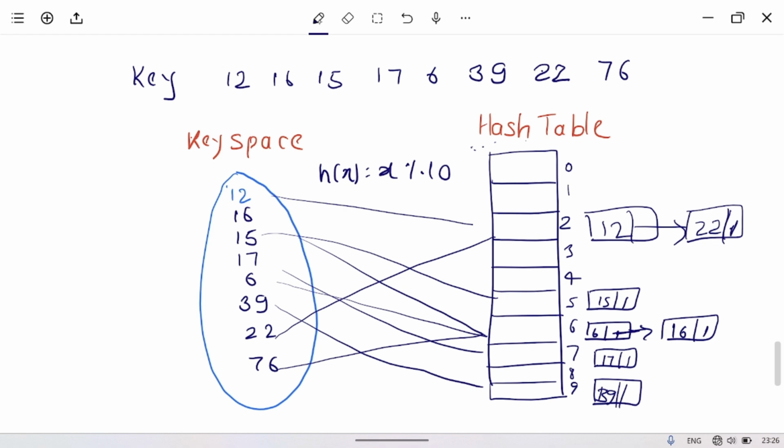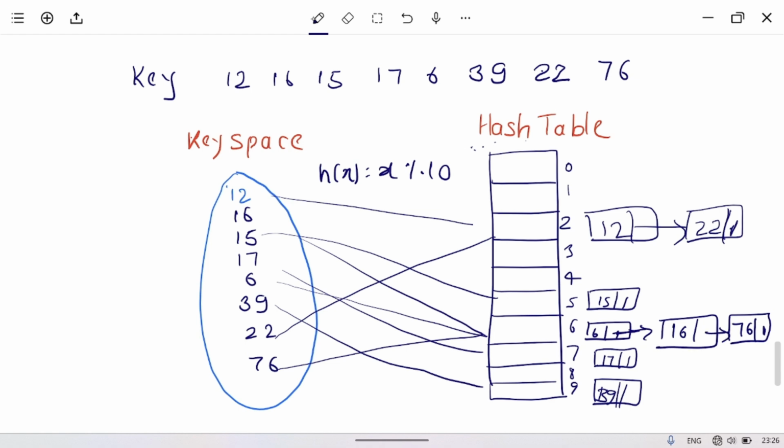Searching happens the same way as searching in a linked list. A new node for 76 will be created, and this new node will point to null, and the old one points to the new node.